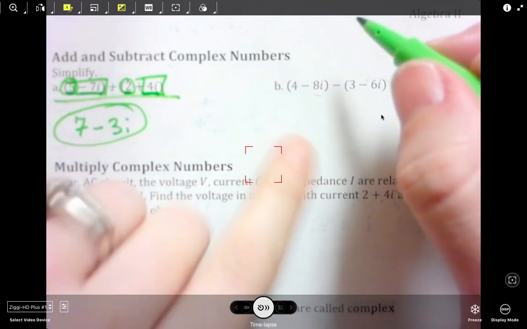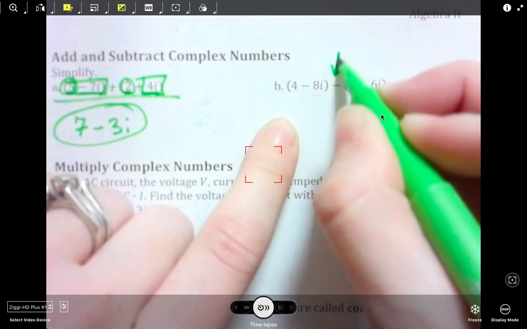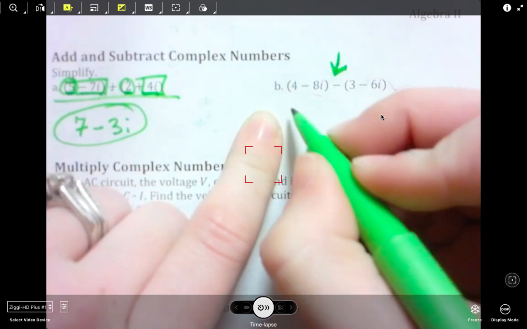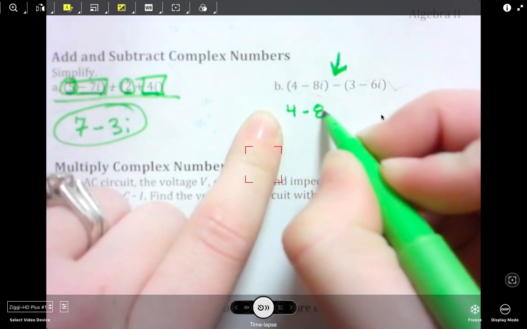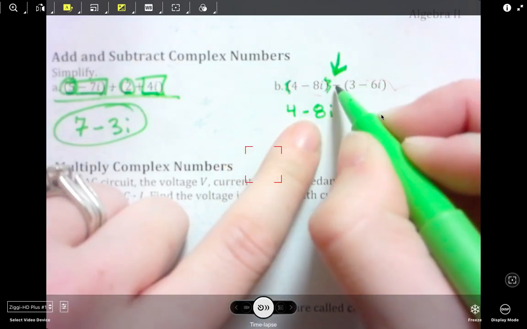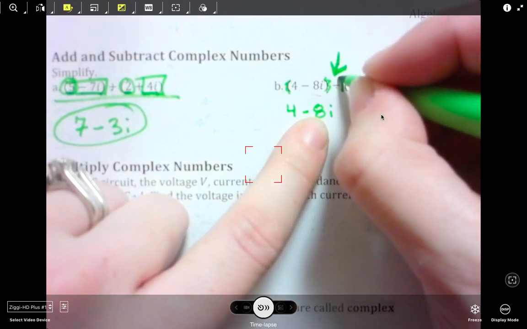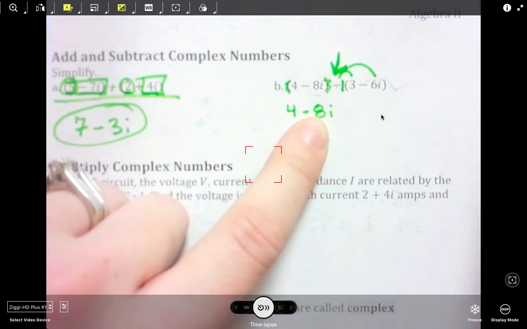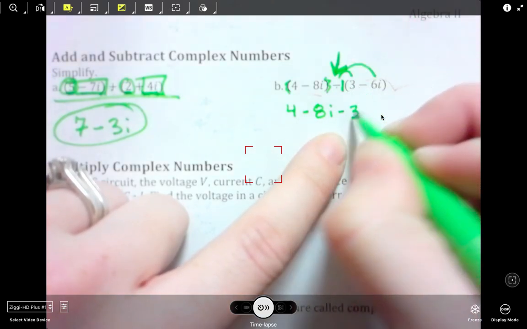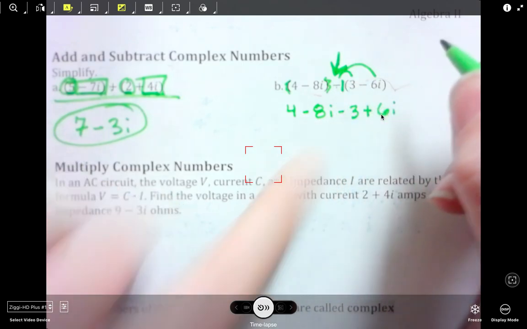All right. So this part right here, when you're dealing with a minus sign, I want you to do something just a little bit different, okay? Rewrite the equation when you drop the parentheses. 4 minus 8i, that is not going to change at all. You're just going to drop those parentheses down. But this negative, imagine that says a negative 1 there, and we're going to distribute that negative 1 through for both of those pieces, okay? So this 3 will become negative 3, and this negative 6i will become positive 6i, because minus a negative 6i,